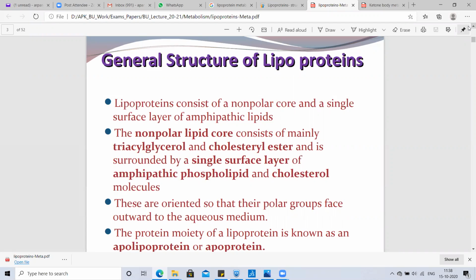And the protein moiety of lipoprotein is known as apolipoprotein or apoprotein. Somebody has asked earlier what is the apoprotein? Apoprotein is just the protein moiety of lipoprotein. Okay,